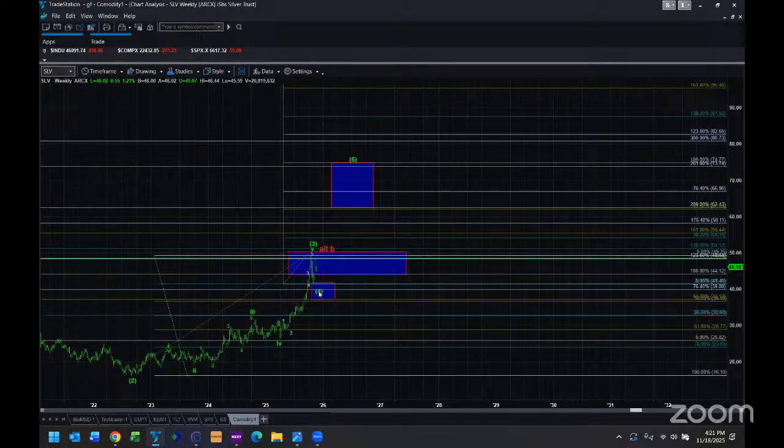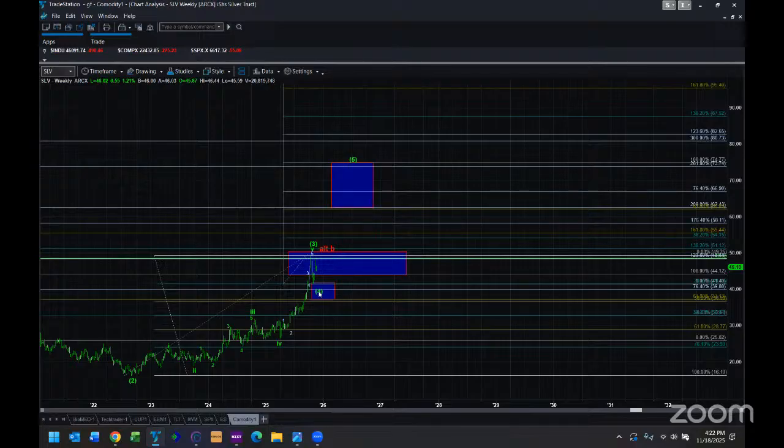By the way, I didn't mention in gold, yes, I think there is potential we can get to 5,000. I'm just not sure I'm seeing anything that's significantly beyond 5,000. I need to wait to see how that fifth wave sets up in gold before I could start making some targets like we did back in 2011. So I need to see how the fifth wave sets up. And at that point, I'll probably start coming out with some targets, probably early of 2026.